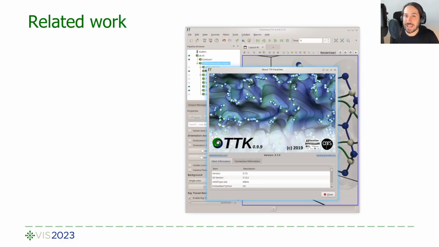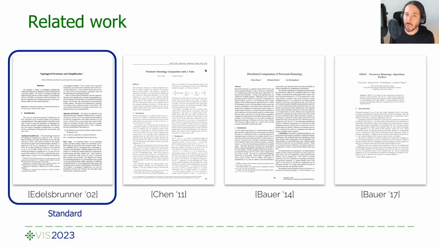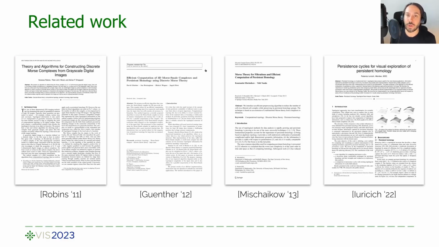Up to now, TTK included an algorithm for persistence diagrams which was fast in 2D but slow in 3D. In terms of literature, one of the very first algorithms is due to Edelsbrunner and co-authors, and we'll call it the standard algorithm. Recent variants reformulate this approach in terms of the reduction of the boundary matrix of the data. Another line of work based on discrete Morse theory focused on computing an intermediate data representation called the Morse complex, which is usually smaller than the original data,